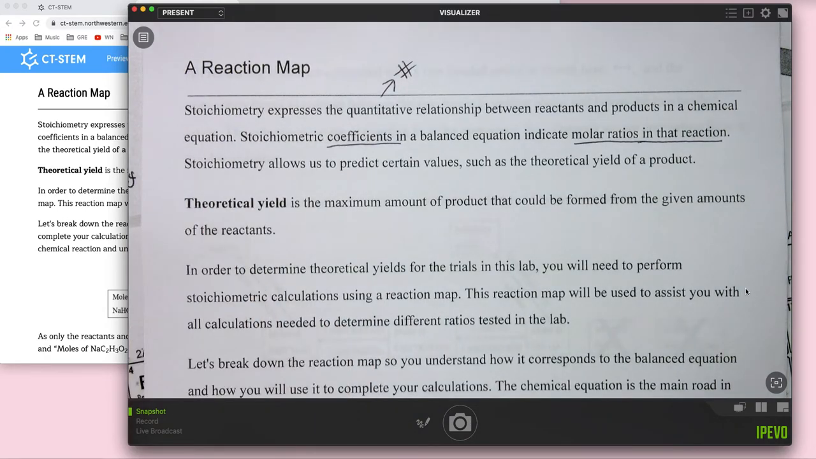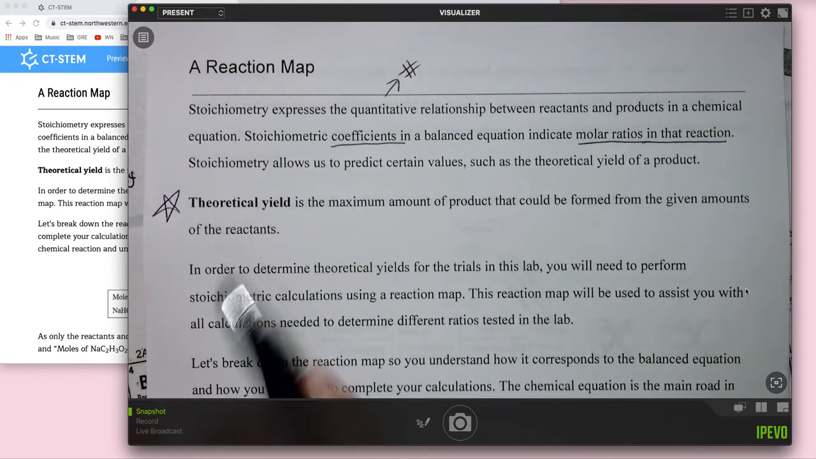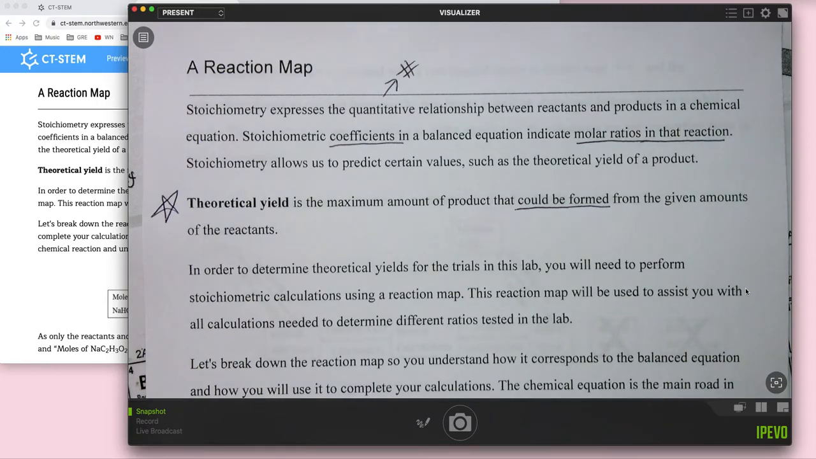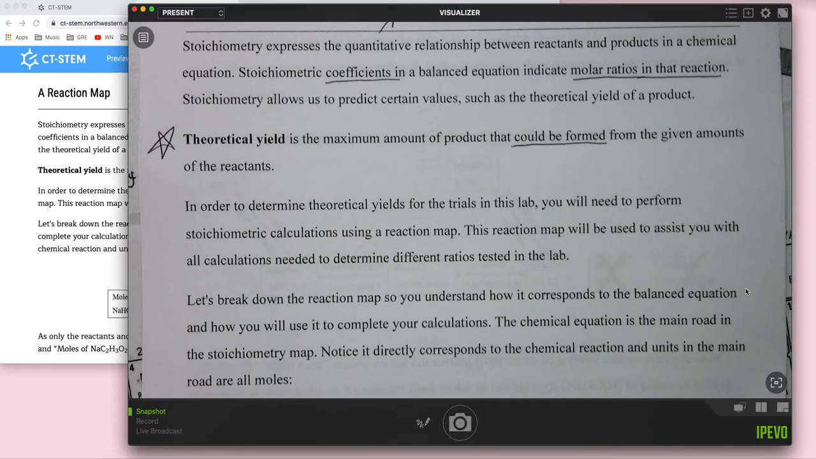Stoichiometry allows us to predict certain values such as theoretical yield of a product. This is important because this is something you'll be calculating in your lab. Theoretical yield is the maximum amount of product that could be formed from the given amounts of reactant. In order to determine theoretical yields, you will need to perform stoichiometric calculations, and we're going to use a reaction